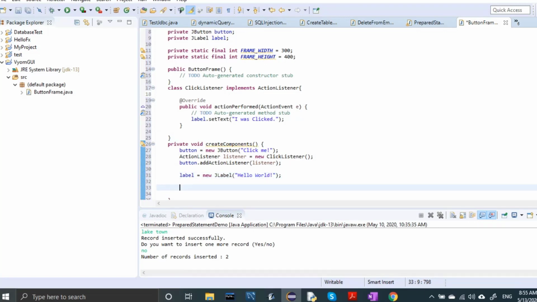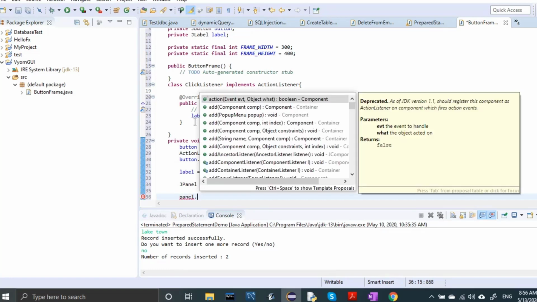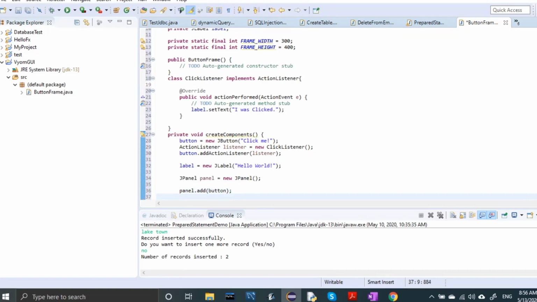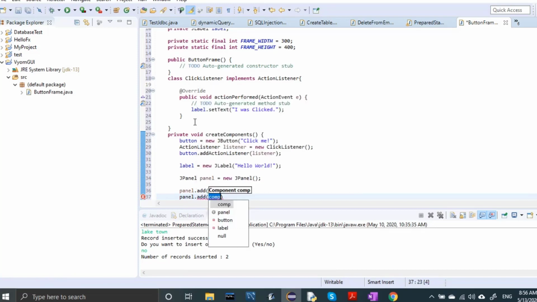Then you need to create a JPanel, panel equal to new JPanel. Then panel.add, we need to add the button first, and then panel.add the label.